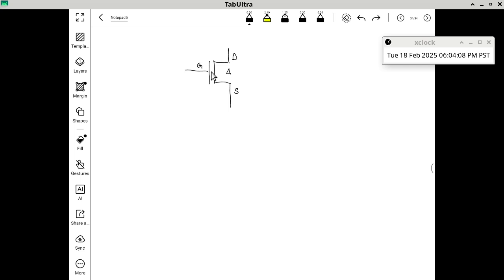The MO part is metal oxide, and the S, I believe, is a separator or insulator. So there's an insulator between the gate, which is this little plate here, and the rest of the transistor. It forms what we call a capacitor. So there's a capacitor basically right here, and every time you want to change the state of the transistor itself,